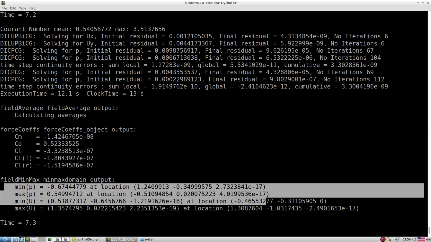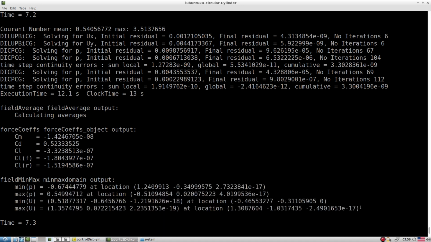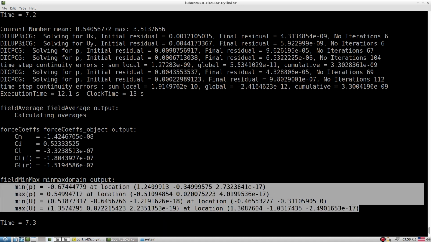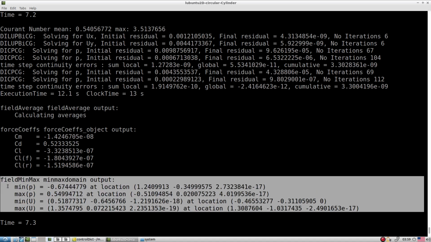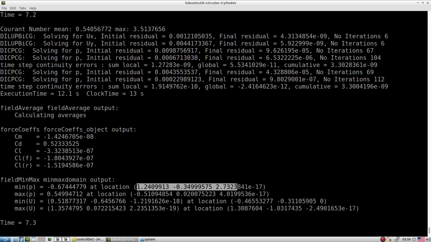Why is it important? I want to say that, let's say you are developing your own solver with the help of OpenFOAM. Then all this output is very, very important. Let's say you develop a new boundary condition, and because of that your simulation is diverging, but you don't know where exactly it's going wrong. Either it is because of your newly developed solver or newly developed boundary conditions, or it is something else. So if you put this type of output, what it gives you is, if this location is very close to your boundaries, then it means that whatever you developed, maybe it has some problem. Okay, so it gives us a certain debugging type of concept if you look at these outputs.